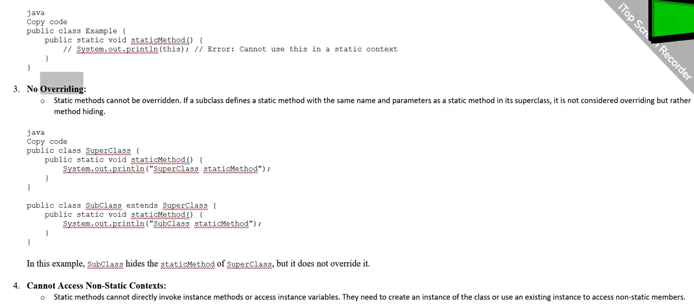No overriding. Static methods cannot be overridden. If a subclass defines a static method with the same name and parameters as a static method in its superclass, it is not considered overriding but rather method hiding. Java. Copy code. public class Superclass { public static void staticMethod() { System.out.println("Superclass static method");